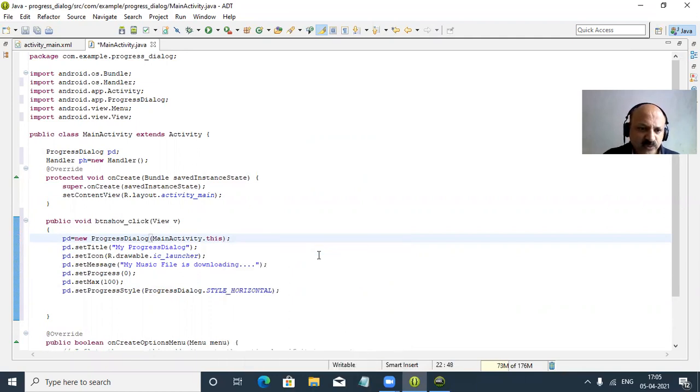So perfectly, we can use the setProgressStyle method.